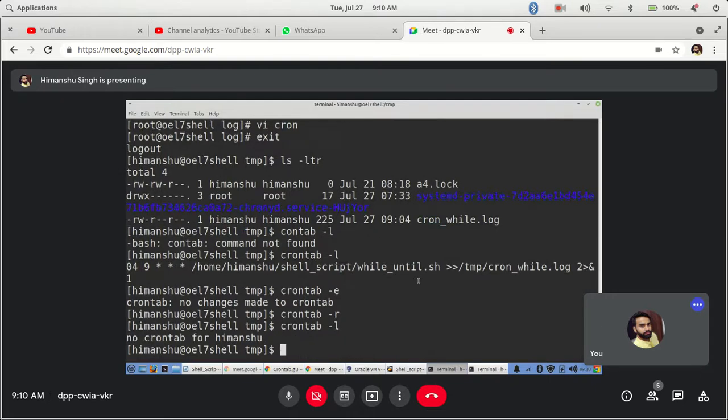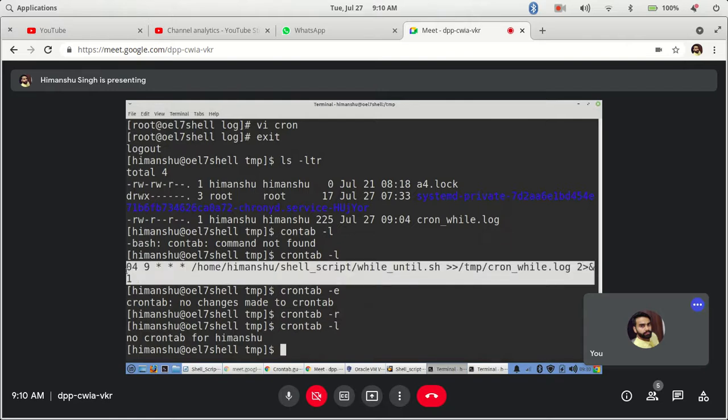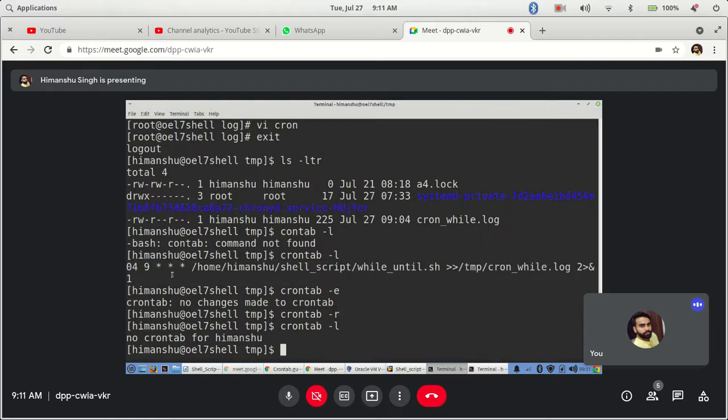This is very dangerous in real time. If I have 100 cron entries here, all will be gone with no backup. Even as an admin, I cannot revert them unless those files are backed up. So never use crontab -r. Clear?